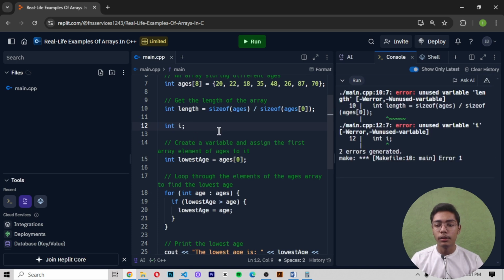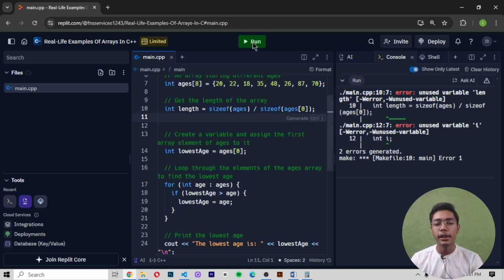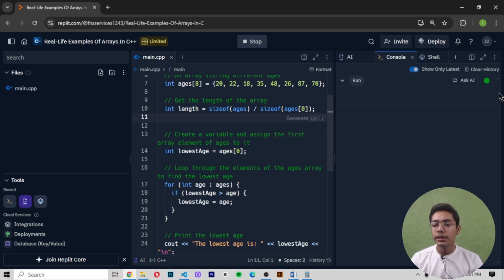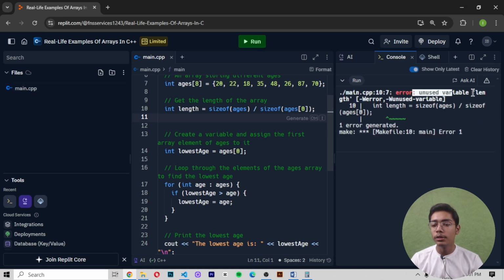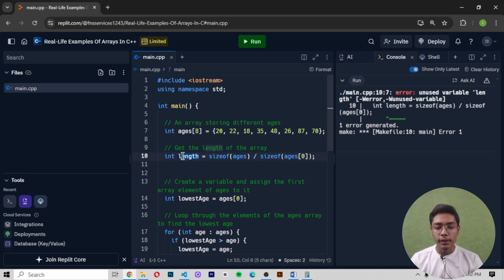All right, so what I'm going to do is first I'll be removing this int i, run it again, and now we have to see what the error is. The error is saying unused variable length. So length is an unused variable because we have used lowestAge here. That's why I think I'll be using lowestAge like this. And now if I run it,